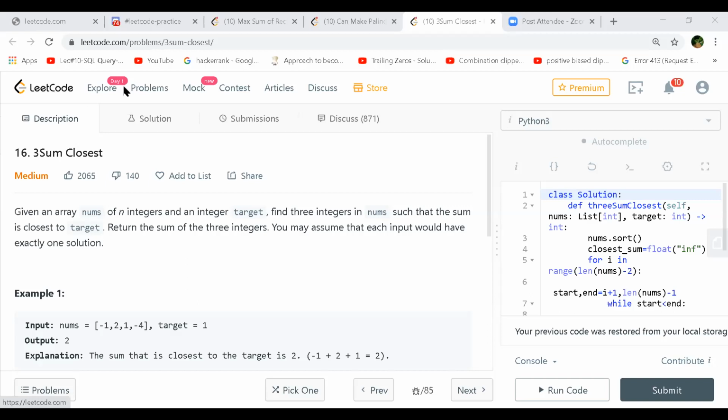Another is with extra space, like a hash set, and then use that, but I'm not sure about that. So these are the two approaches other than the brute force, right?